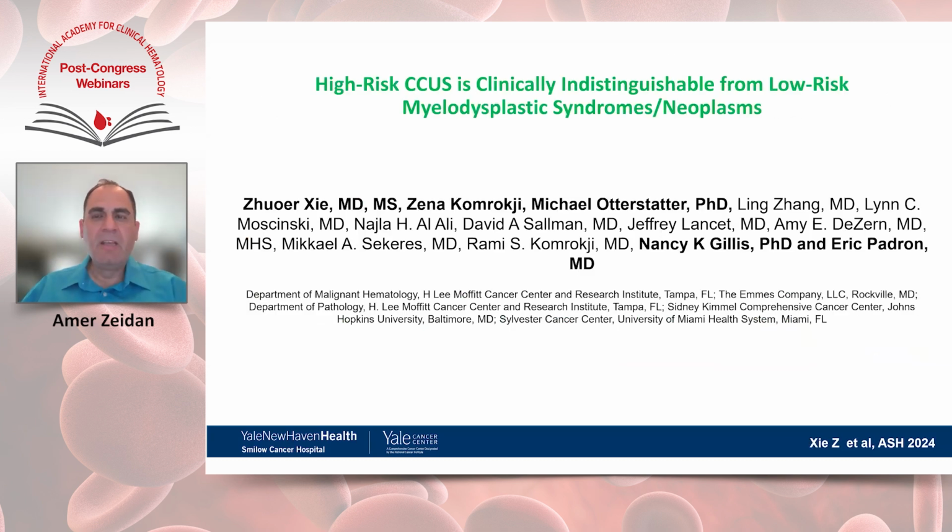Now, I think another important presentation at ASH focused on the same idea of these myeloid malignancies occurring on a spectrum. So we currently still have what we call CCUS, clonal cytopenia of undetermined significance. And the main difference of this versus lower risk MDS is having significant cytopenia that is not attributed to an external factor, and having a mutation that is known to be associated with myeloid diseases, but without having enough dysplasia on the bone marrow to call this MDS.